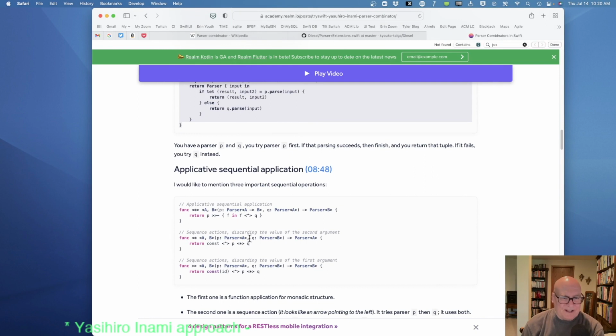Okay. Oh, he's used those same operators I mentioned before. So P byte F and F array Q. Const.